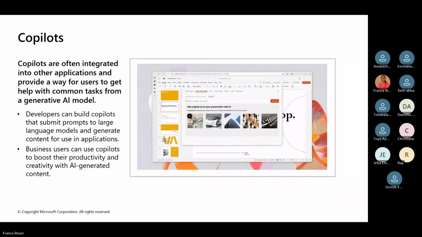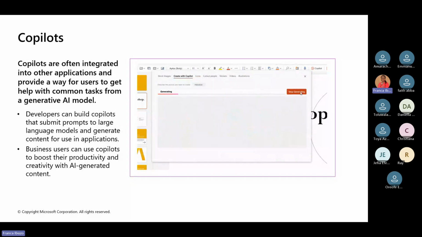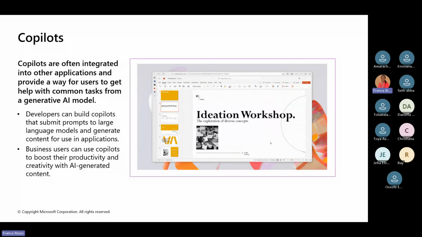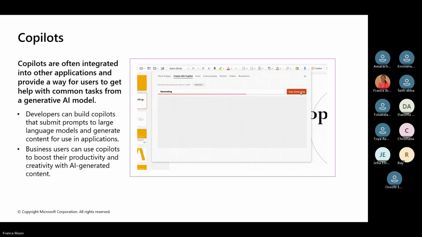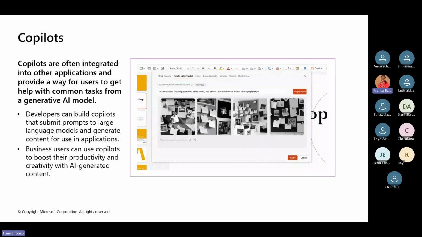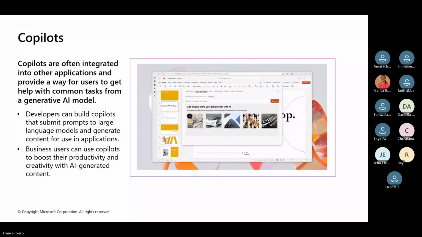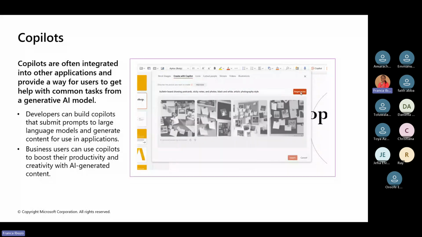And remember, it's called co-pilots. You are still the pilots. It's just an assistant, like you said. It helps you with common tasks, like summarizing documents if you have it in Word, and creating images. And you also have